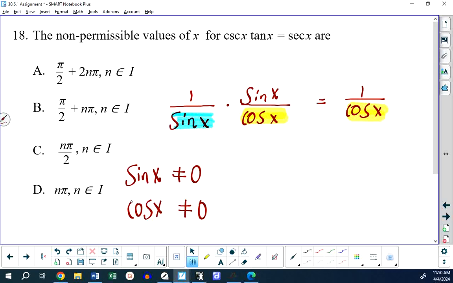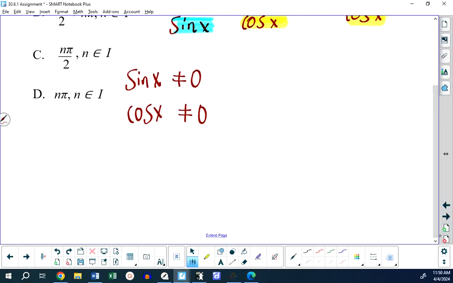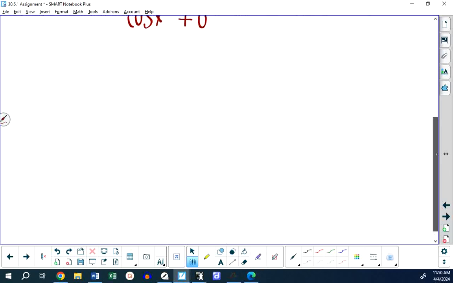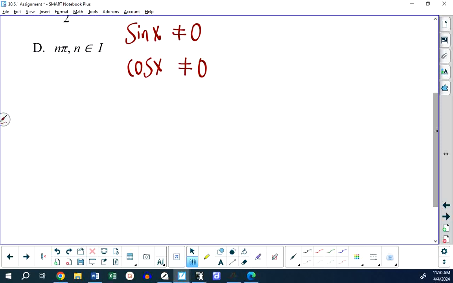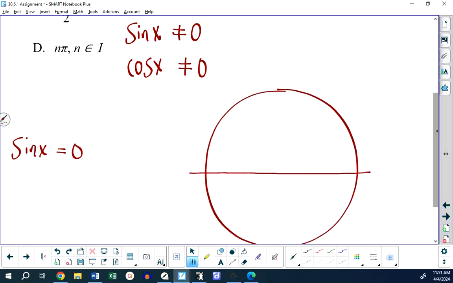Now, the way you answer this, you really think this way. Forget about that statement or that question we're doing right now. If sine of x is not allowed to be 0, let's find out where sine of x is 0. And I'm a unit circle kind of thinker here, and I would encourage you to be so as well. If you take a look at the locations on the unit circle where sine of a rotation angle is 0, we're looking at